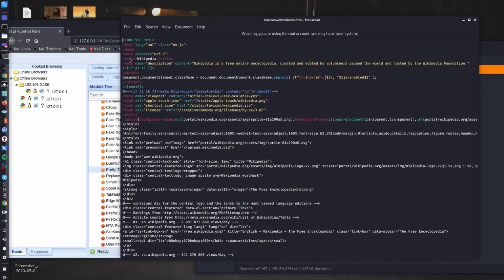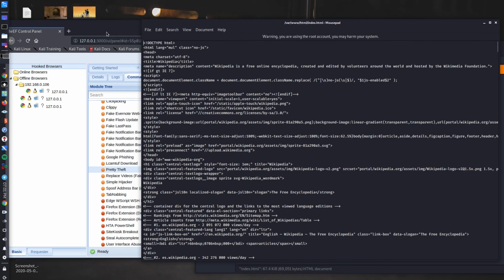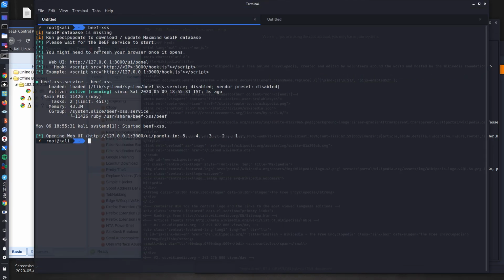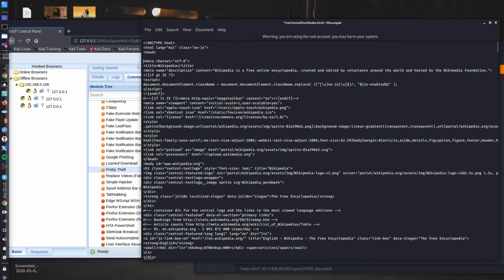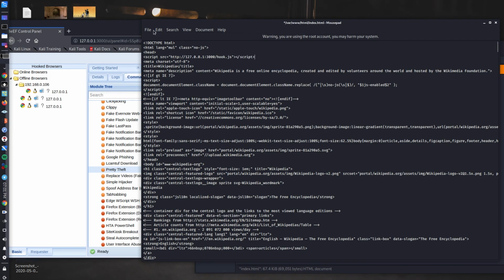But it doesn't have the exploitable JavaScript, so we need to insert it. It is in here. You go here, take this script, copy it, and paste it just after the head tag.